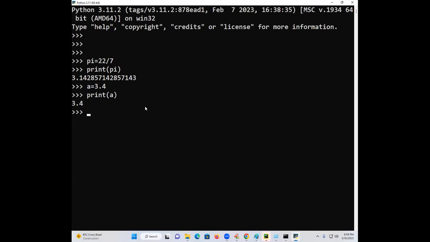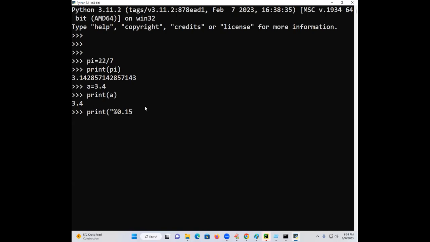Now, I will tell you that you totally don't have the knowledge on it. It is not 3.4 actually. People will think that that is an accurate value. It is not an accurate value. Internally, it contains a lot of digits. I'll print it with a percentage format, which you don't know yet. I will explain in my class.